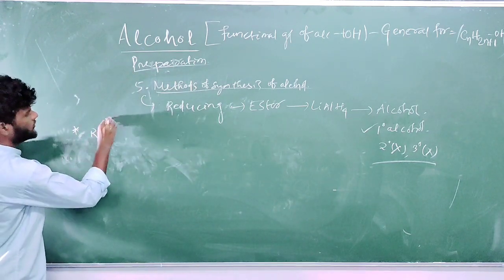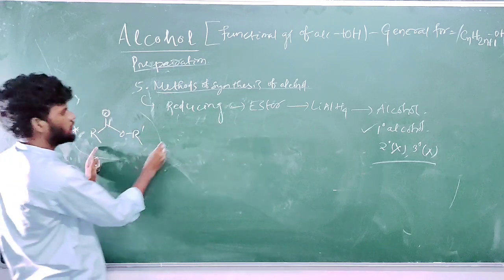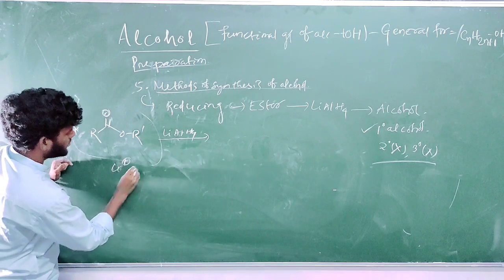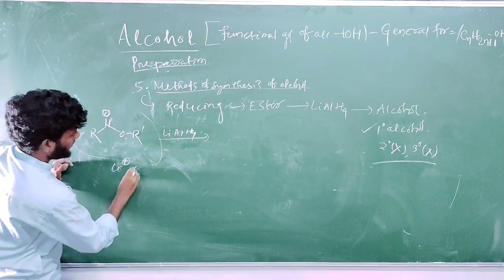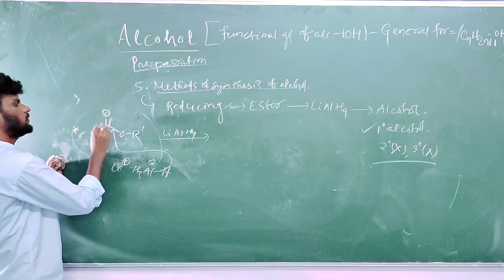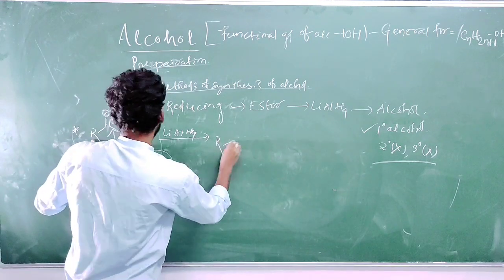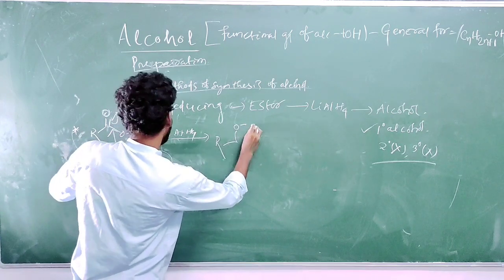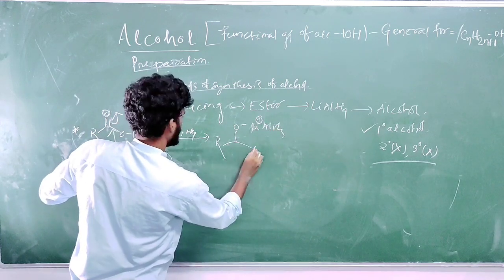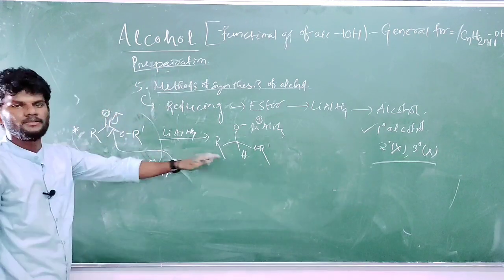Any ester, RCOOR, this is the general formula of ester. To this ester, add the reducing agent lithium aluminum hydride, lithium plus H3Al minus H. Hydride, the nucleophile, attacks the electrophilic carbon center of the carbonyl. This bond moves over to the electronegative oxygen atom, giving O minus, charge balanced by lithium plus aluminum H3. Here is OR dash, and the hydride is attached to this carbon. This is the transition state.